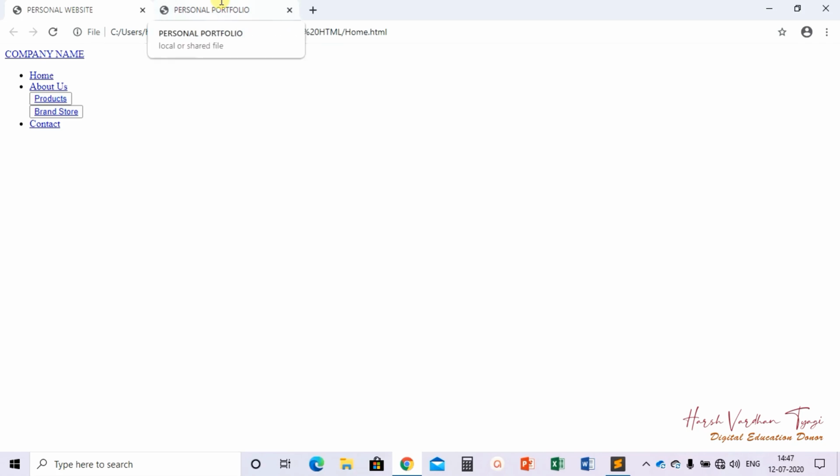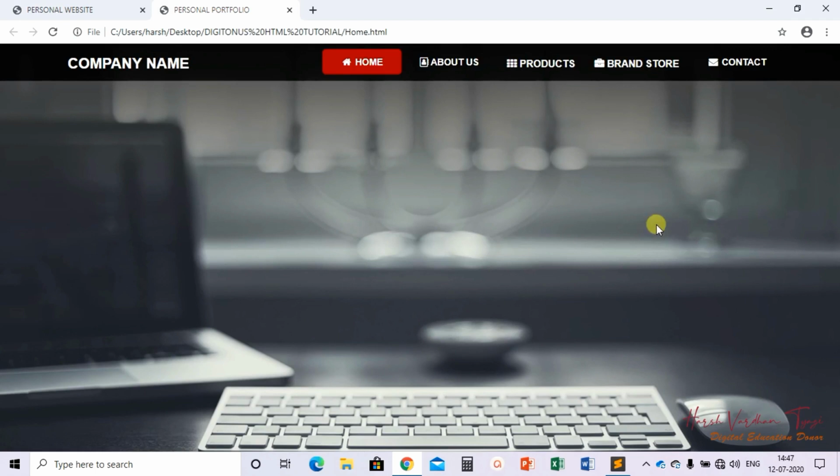Okay, this is just used for decoration purposes, how the appearance of your HTML page will look. Like you can see here, we have a background image, then we have a navigation bar, then we have customized the appearance of the text, then the colors. When it is hovering it is displaying yellow color, yellow with a little amount of white line at the bottom. So these all are part of the CSS. CSS generally takes care of the decoration part, how these elements will appear on your web page.